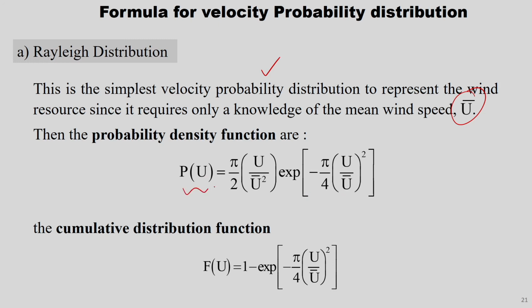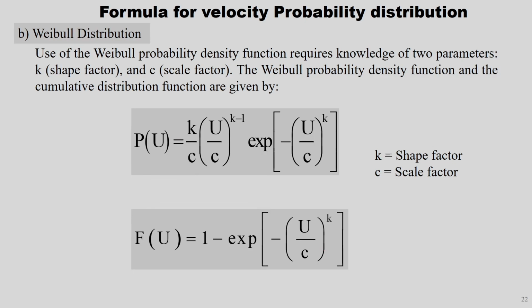Some books refer to this as small f of v. The u and v can be used interchangeably. This is the probability density function, and the cumulative distribution function is capital F of u or F of v, which is equivalent to 1 minus exponential minus pi by 4 u upon u bar whole square. And Weibull distribution I already told. Based on certain comparison between experimental data and other statistical models, the Weibull distribution function almost accurately matches